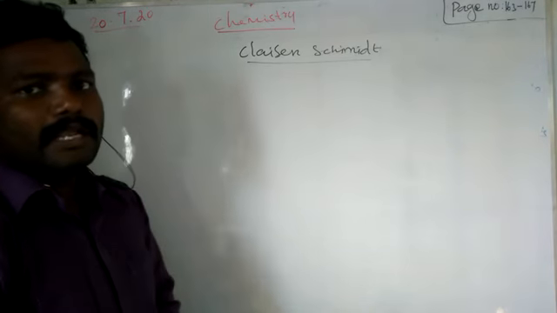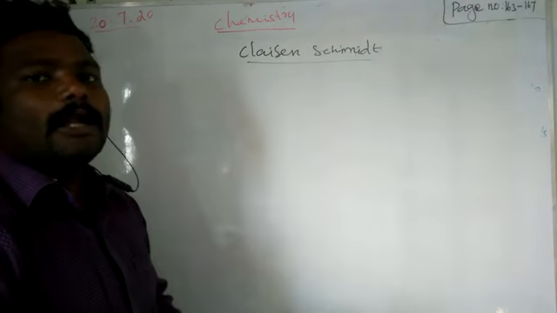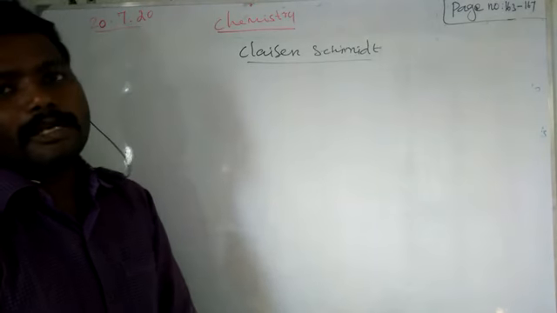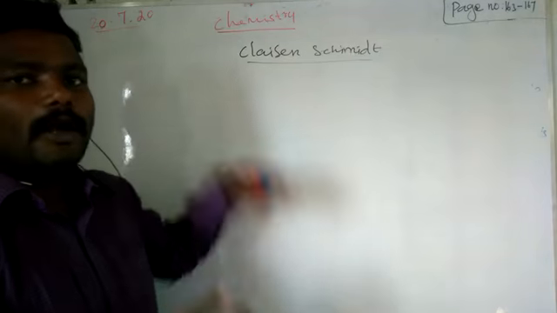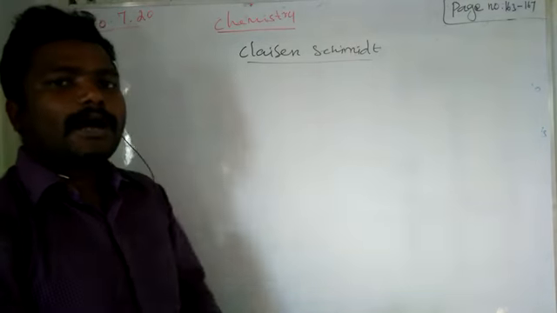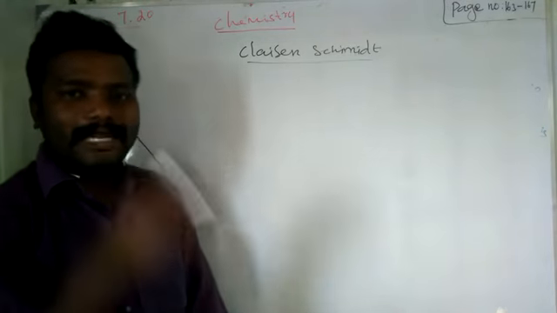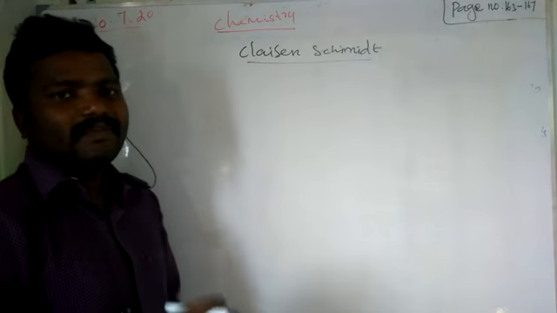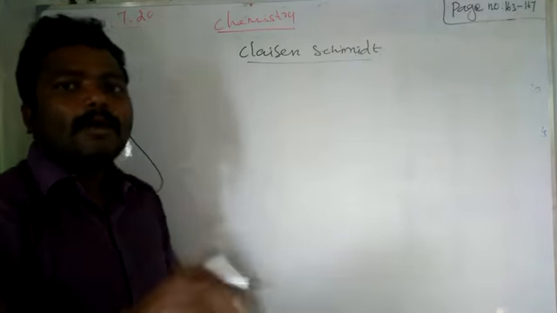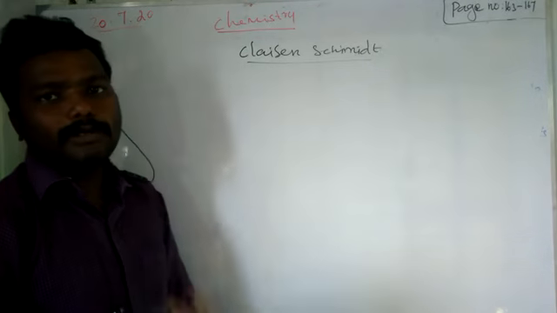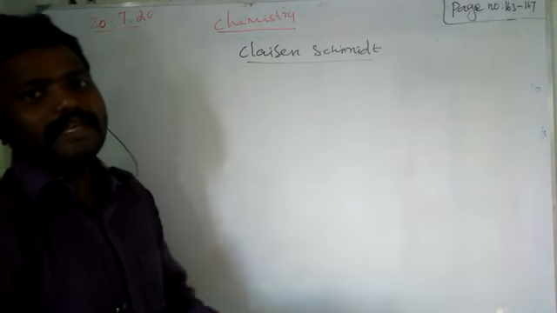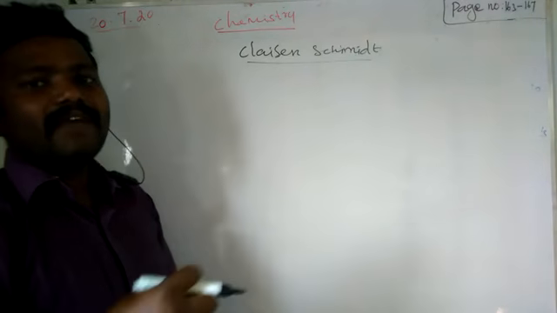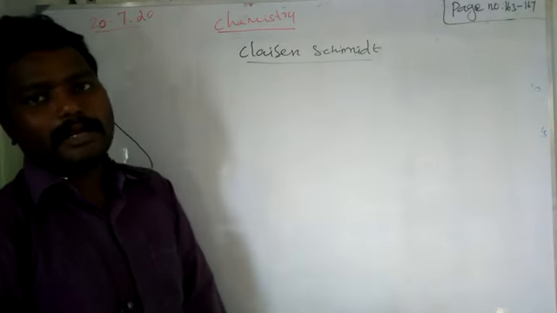In the Claisen-Schmidt reaction, in aldol condensation we have taken aldehydes with alpha carbon. Here we are going to take one aromatic aldehyde with an aliphatic aldehyde or ketone. For example, in the aldol condensation we will take only aromatic aldehyde or aliphatic aldehyde or aliphatic ketones. But here we will take one aromatic aldehyde, one aliphatic ketone or aldehyde. So it will give a similar condensation product, but having an unsaturated aldehyde or ketone.